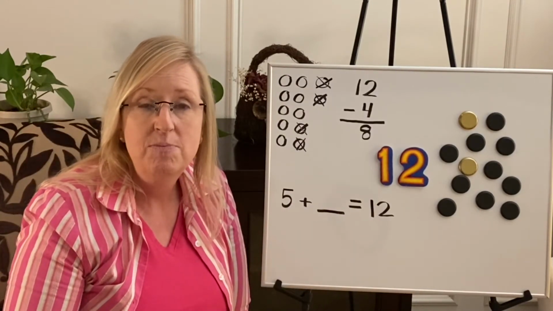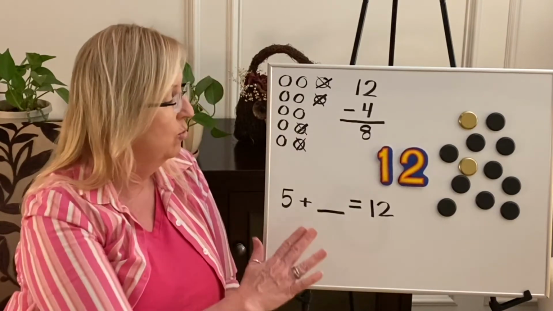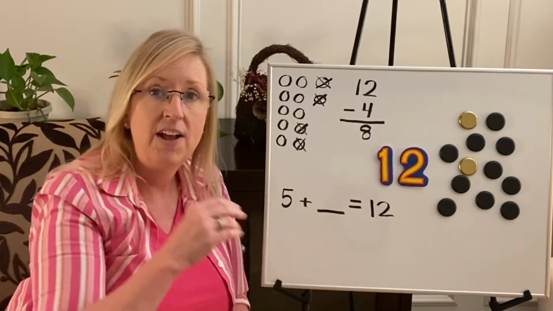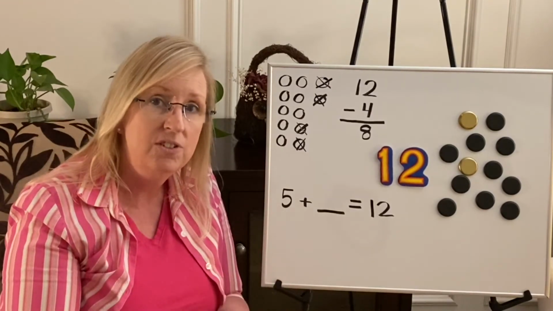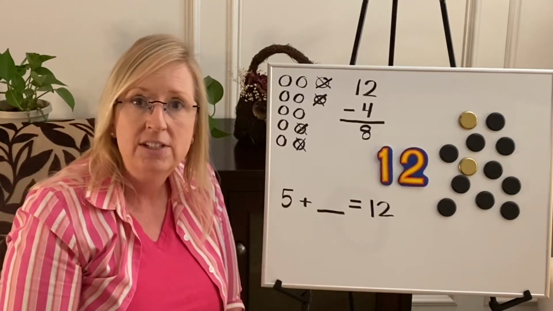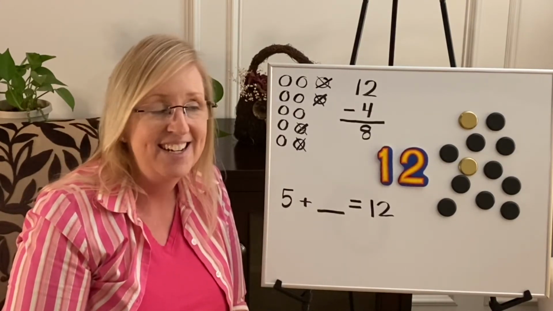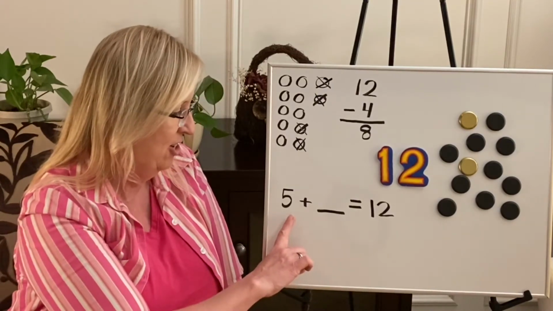Well, I'm going to use my fingers to do this counting. I hope you'll do that too. And we're going to start by saying 5, and then we'll keep counting on our fingers until we get to 12, and then we will stop. And once we've stopped, we'll count up how many fingers that is, and maybe we can subitize that number, and then we'll know what our missing number is. So 5,